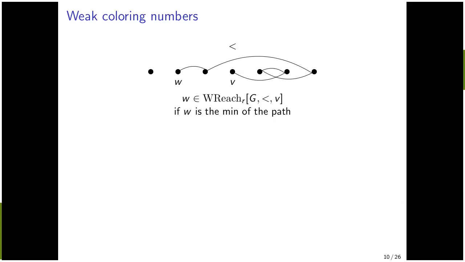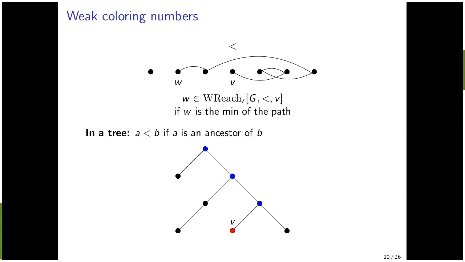Okay, and now the goal is to minimize the size of this set, the number of vertices weakly reachable from V, and the weak coloring number is the minimum over all linear orderings of the vertices of G of the maximum number of vertices weakly reachable from V, the maximum taken over vertices V. Okay, so this is a very interesting notion in itself. It also characterizes classes of bounded expansion. There are a lot of applications, but here we'll only use some very simple facts about this. Okay, so an example in a tree,